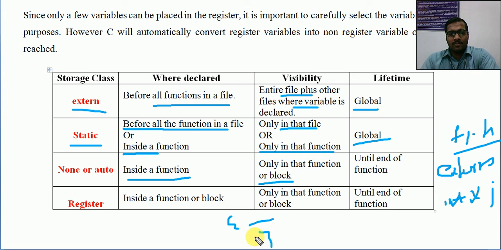Within those blocks only, these automatic or local variables are accessible. Its lifetime is only until the end of the function. Register is normally declared inside a function or block, and it lasts only until the end of the function. The only thing is it is stored inside a register.